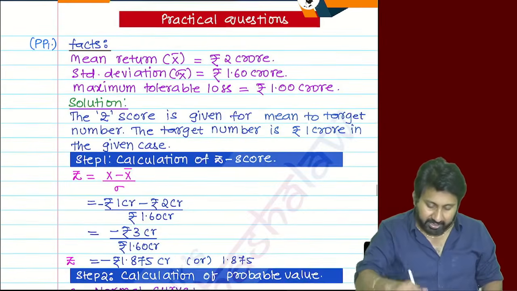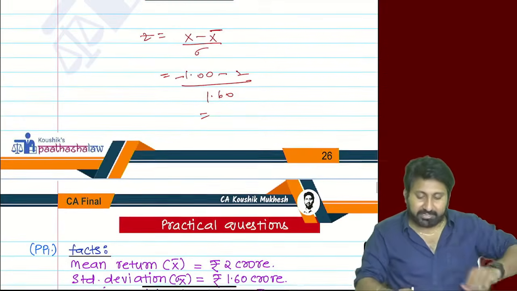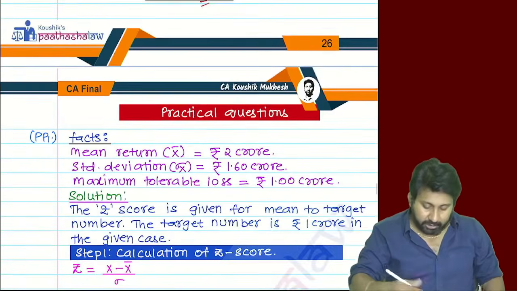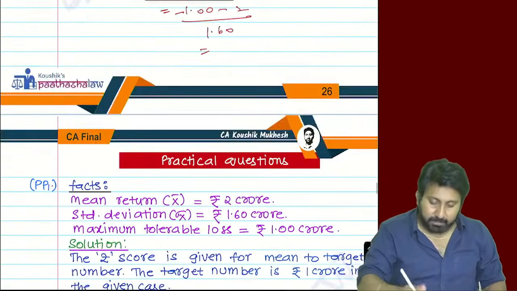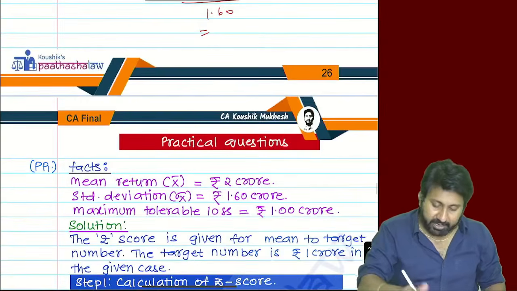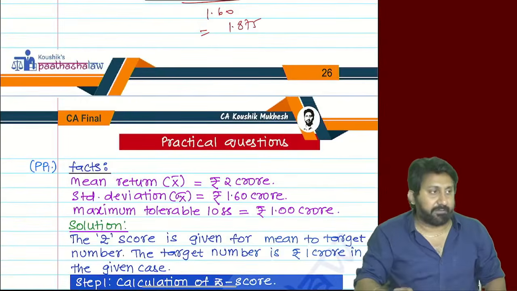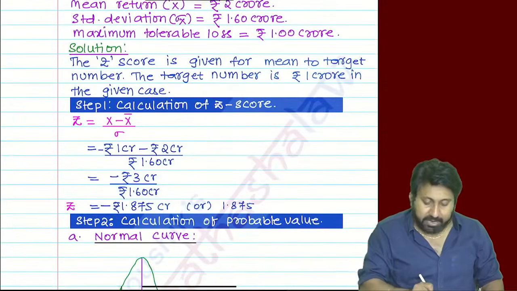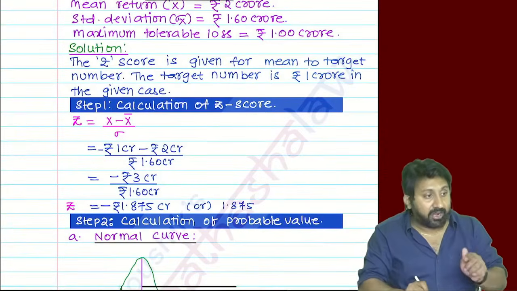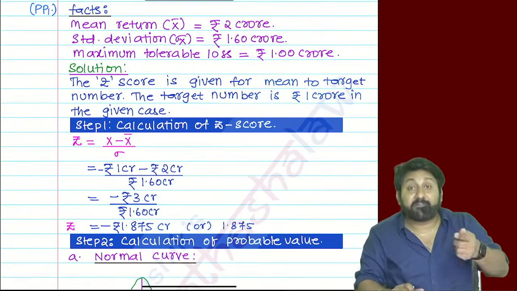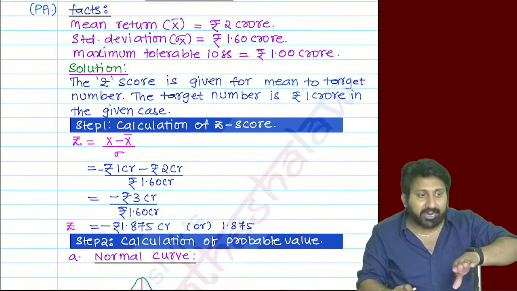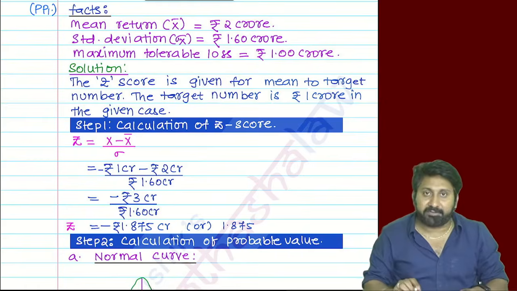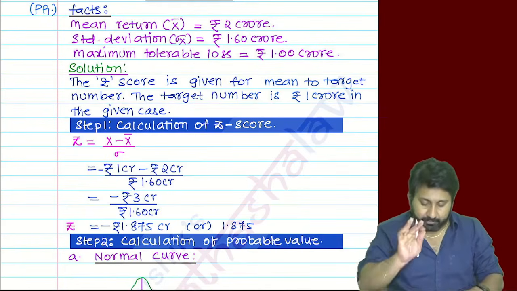So that's what we have done here. Minus, because 1 is not 1, it is minus 1. It's a loss number. So minus 1 minus 2, totally minus 3, divided by 1.6. It is 1.875. See, Z value came to minus 1.875 for the loss, but VaR itself means a negative number, so you need not write negative again. So Z of VaR is 1.875. Now, see,